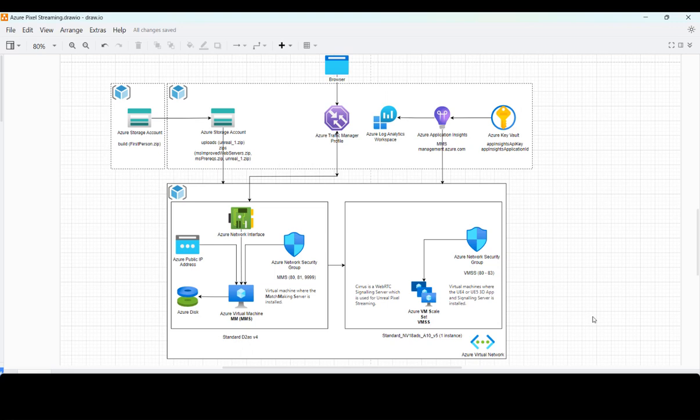You prepackage your Unreal application. This is the resource group right here. And then there's a resource group that gets created as you run the deployment, with all the main resources for the matchmaking server, as well as for the signaling server, as well as for the Unreal Engine app. Then in your main resource group, you get the following resources created, such as Azure Traffic Manager,